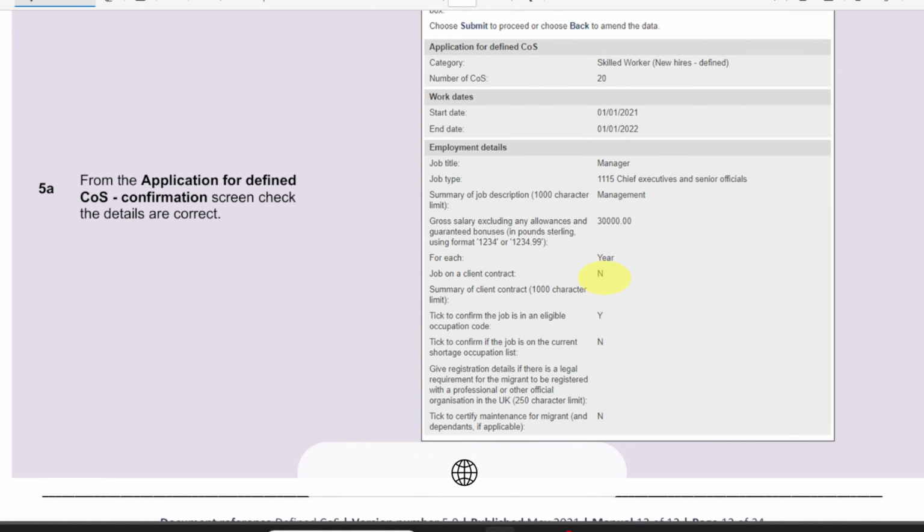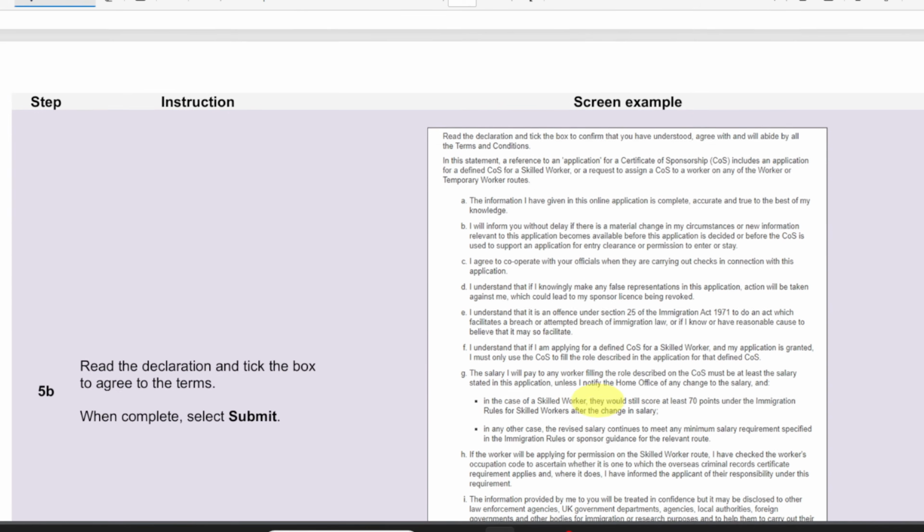If it's a contract, no. Tick to confirm the job is an eligible occupation code, yes. Tick to confirm it is shortage, no. Are you maintaining any funds for them? No. In this one, then you will have